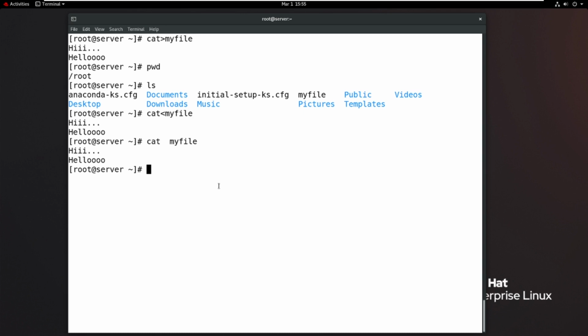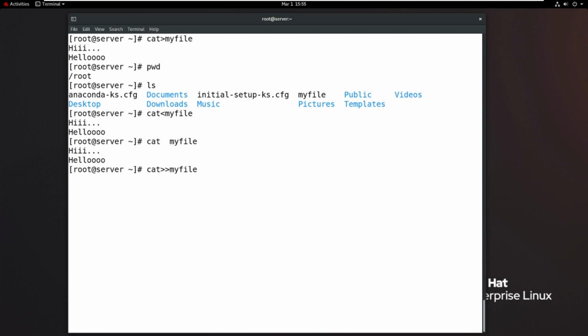Then the next important thing, how to append content: cat double greater than myfile. If you use cat single greater than again, then the existing file is overwritten. If you use double greater than, then it will add the content to the file, appending to the file.